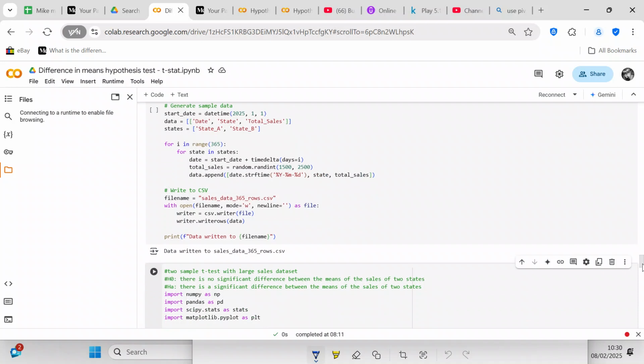So we're going to say for state in states, date equals start date plus timedelta days equals i. And if you wanted to make that weeks, I'm sure you could make it weeks. If you wanted to make it months, I'm sure you could make it months. But we did days equals i. And total sales equals random.randint 1500 to 2500. So you're going to be able to make a random integer from 1500 to 2500, and then we're going to append the data